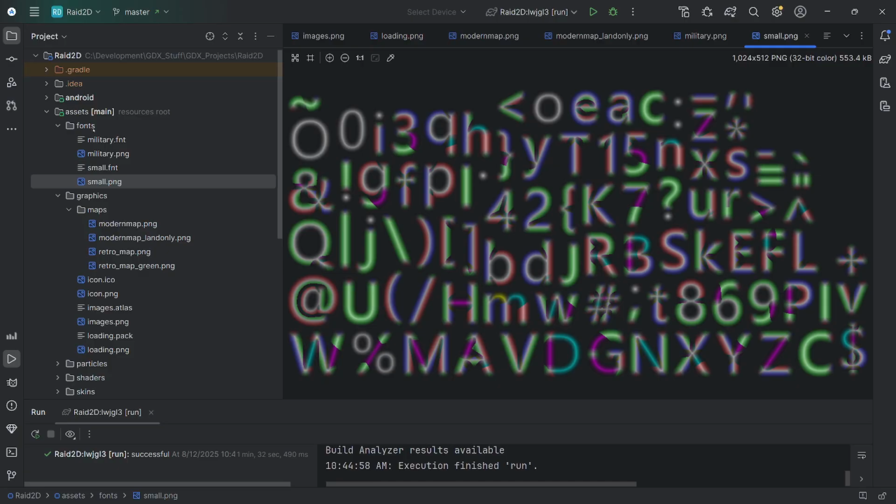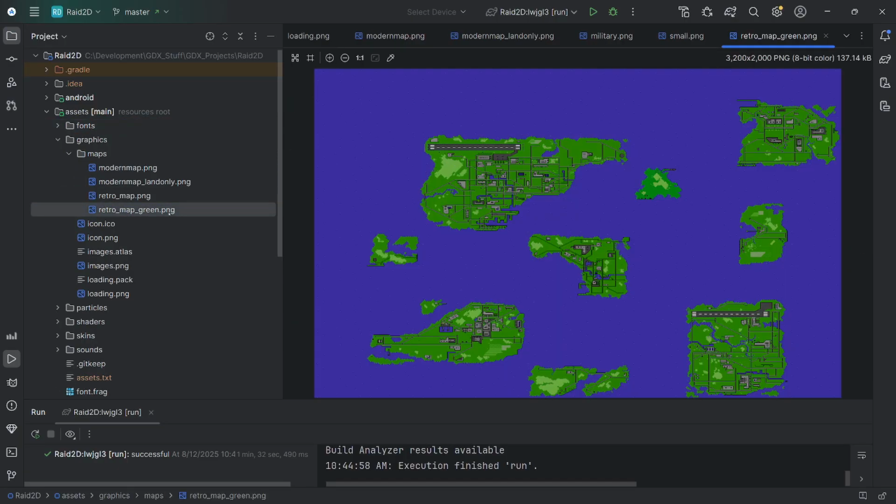Military fonts and all that, and this is SDF fonts and all that kind of stuff. Again, bounding boxes. This is a simple game. There's nothing complicated in this game. And again, it's just sprite batch. There's some decals, there's some particles, there's a few